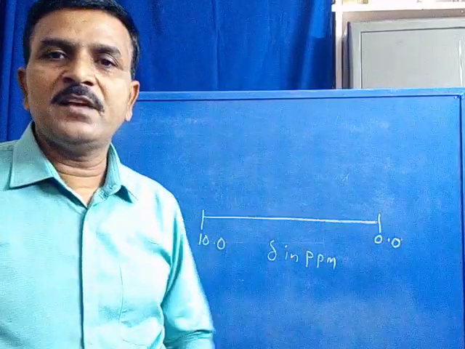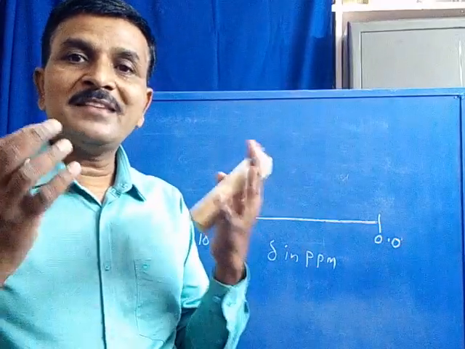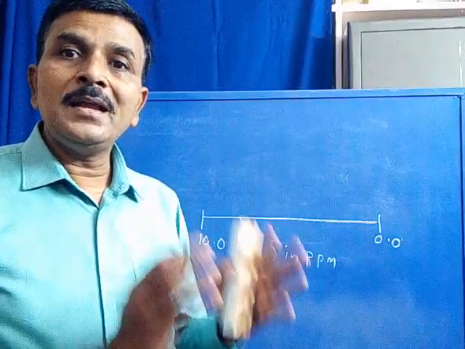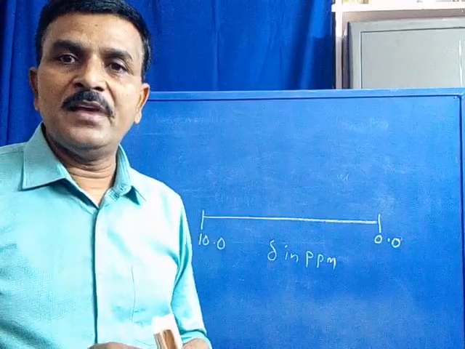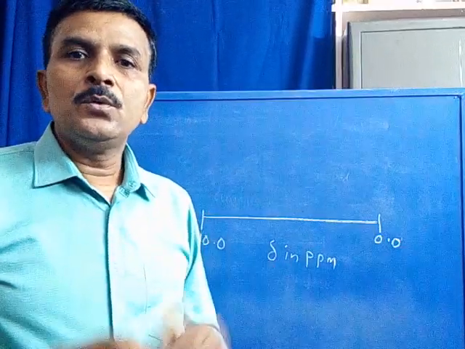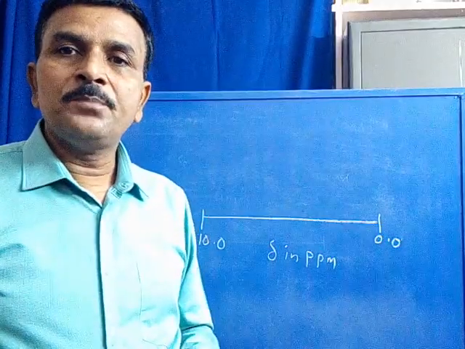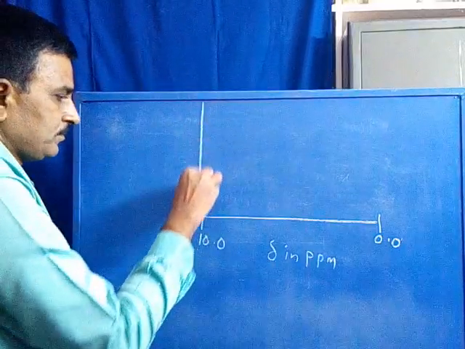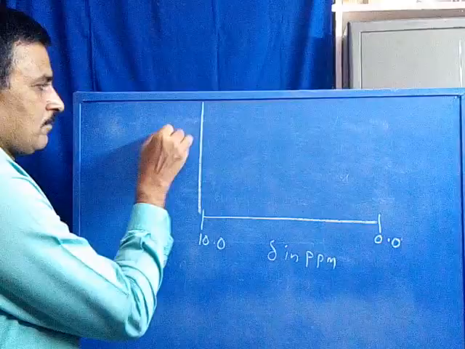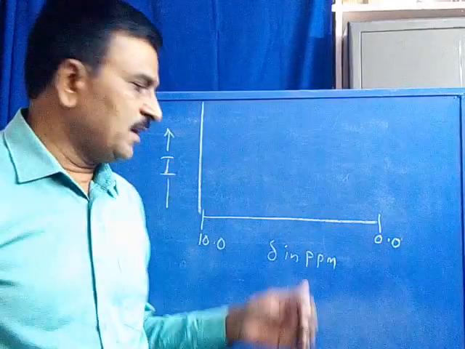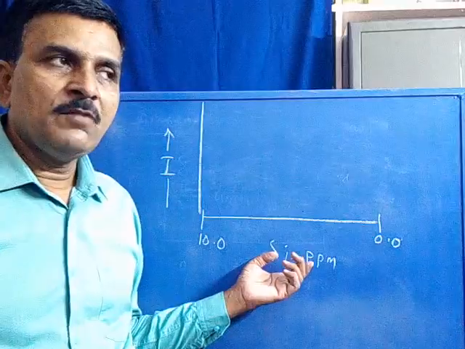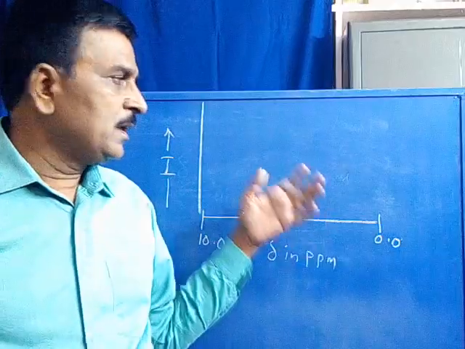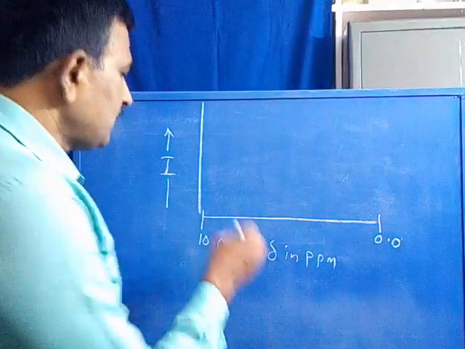So absorption frequencies are presented on the x-axis, whereas the extent of absorption, that is, every set of protons absorbs energy at a particular wavelength or frequency value or delta value to some extent. The extent of absorption is known as intensity, which is presented on the y-axis. That is, absorption frequency versus the extent of absorption, that is intensity, constitutes the NMR spectrum. Now the spectrum contains signals.